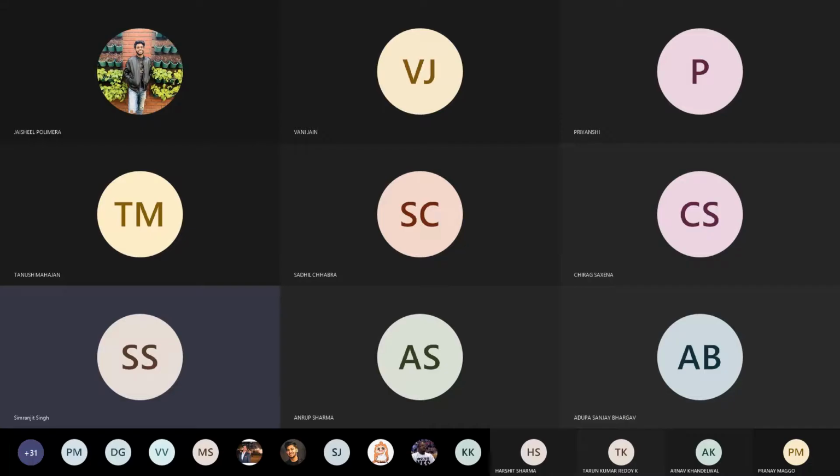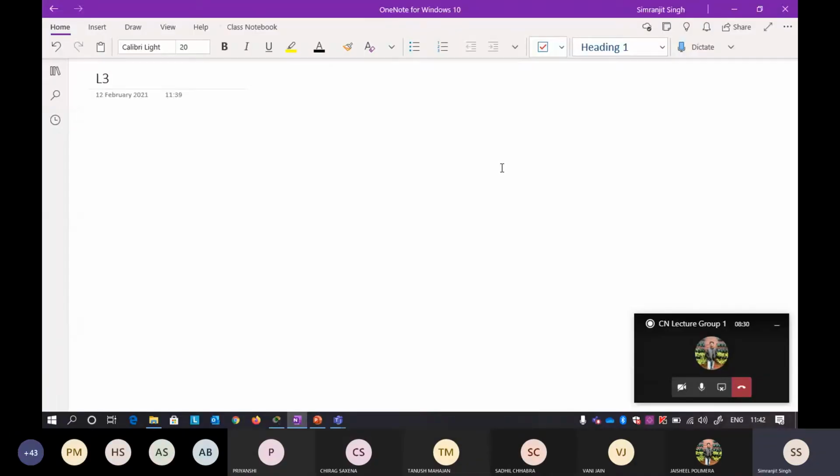Okay, so if it is as less as possible, I'll require less sequence number bit field. So it will be more beneficial for me if the sequence number will be equal to whatever is the window size. Okay, so we have found it till now. Now, what will be the problem if the sequence number is equal to the window size?